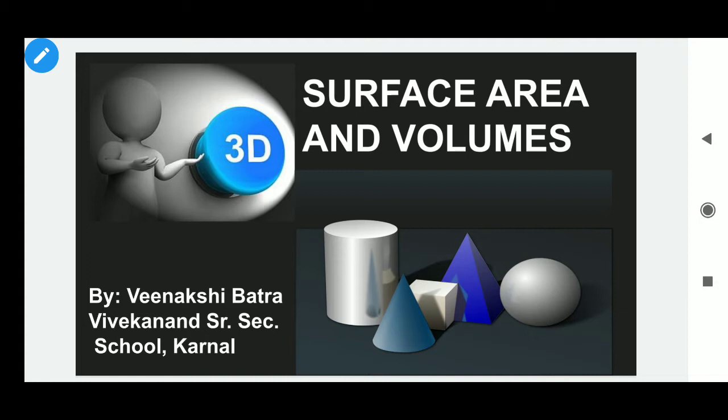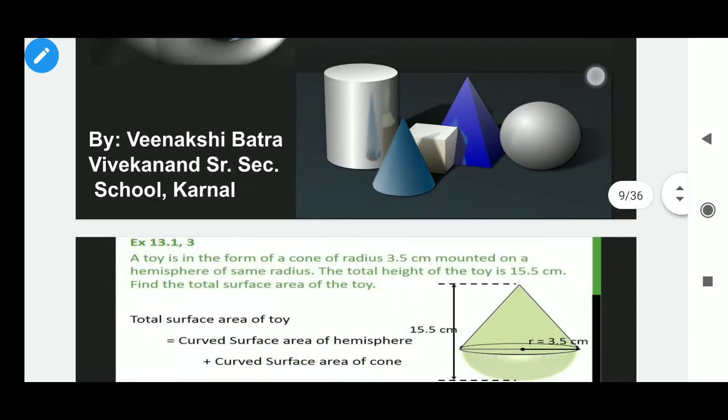And in today's session, we will discuss the 3D shapes that are adjoining. Suppose, students, we have a toy. You have observed many toys in the market that are made up of two to three different shapes. By connecting the two to three shapes, we find the surface area and volumes that are required. So students, let's start with the exercise.